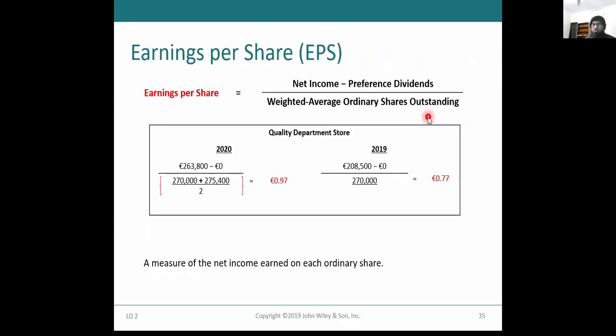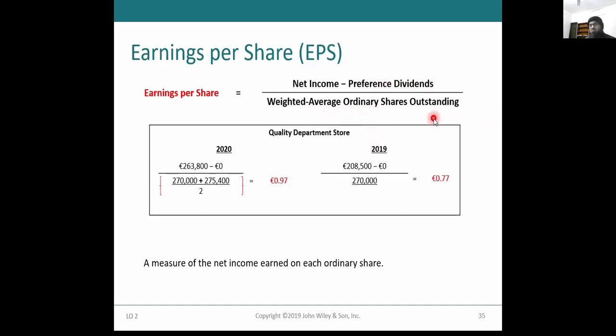Earnings per share, a new ratio for us. Net income minus preferred dividend, same numerator as in ROE, and in the denominator, this is the number of ordinary shares, right? So earnings per share, so earnings for the ordinary shares. So remember, earnings per share is always for ordinary shares. So earnings attributable to ordinary shares, which is net income minus the current year preferred dividend, divided by number of